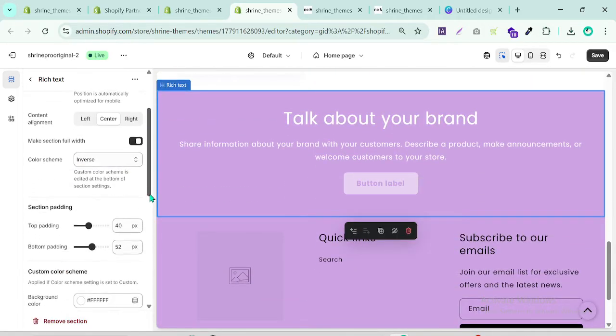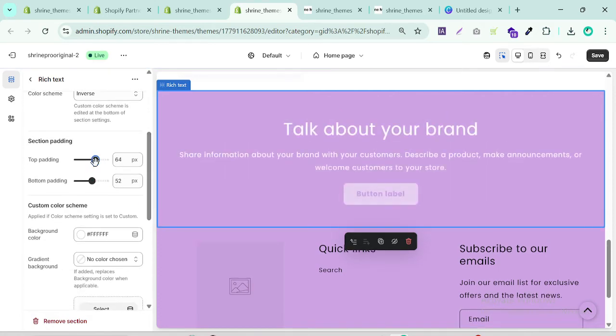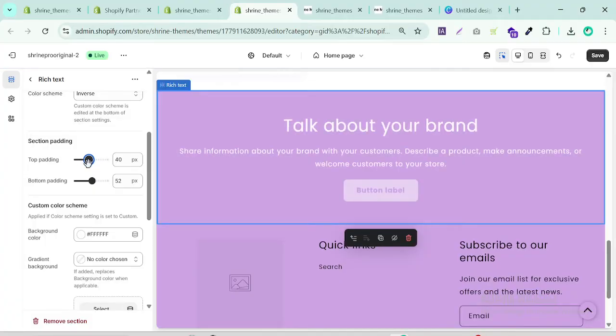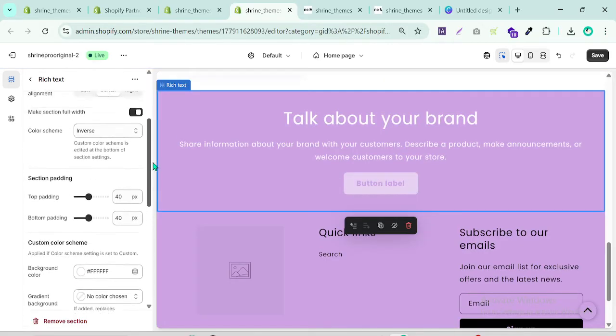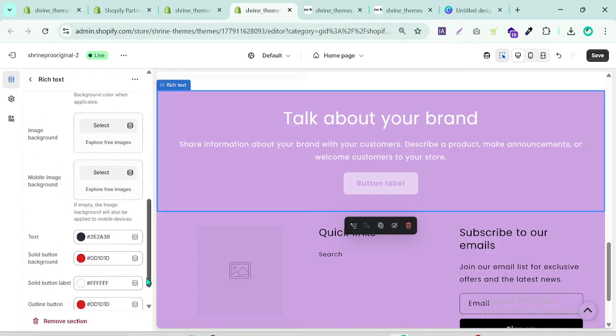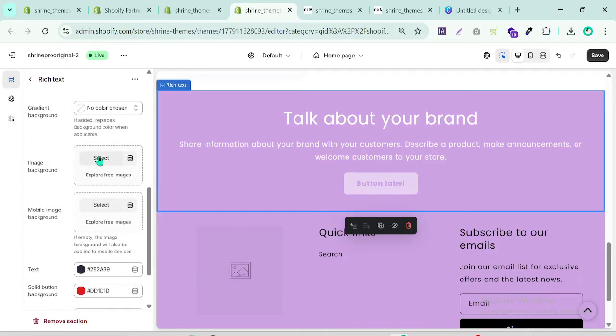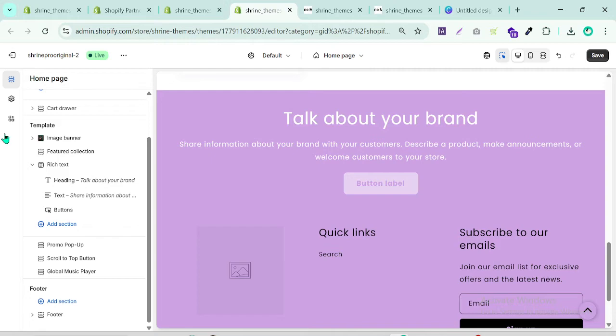Okay, and scrolling below, we can set the top padding and bottom padding also. I recommend you keep the top and bottom padding exact. For custom color code, we can choose a custom color code also. I show you how you can choose custom, then you can choose the custom code. For the background image, you can select your image here. So let's get here,